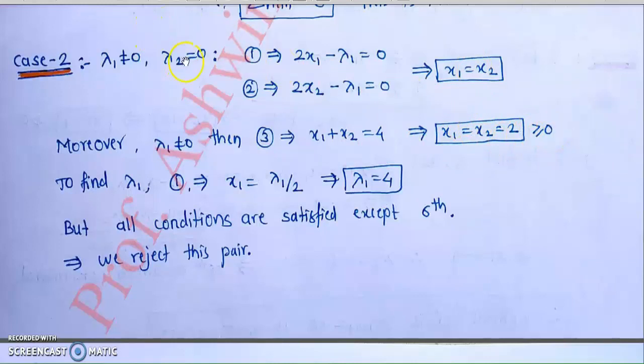So we have lambda 2 equal to 0, which is the 0 or positive condition, and x1 and x2 both are 2, which are positive, so these three are satisfying the condition. Now lambda 1 is non-zero, so we have to first find out the value of lambda 1. Putting these x1 x2 values in 1 or 2, we get corresponding lambda 1 which is 4, which is also positive. So all these variables are satisfying the 7th and 8th condition.